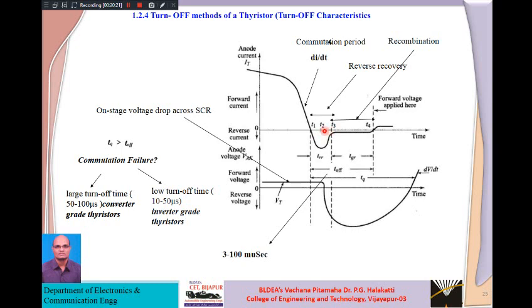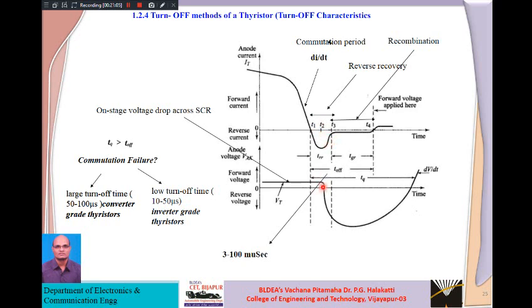Okay, only listen here, don't confuse. Once again I will tell in one sentence. In the T1 to T2 period, or 0 to T2 period, we are trying to reduce the current density by removing almost 60 to 70% of the majority carriers in all the four layers. That is the reverse recovery time. Thereby you are trying to reduce the di/dt of the anode current. From T2 to T3 we are trying to block the forward voltage with respect to the minority carriers. We are allowing the minority carriers to settle with the help of recombination.